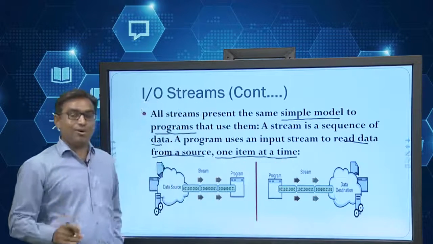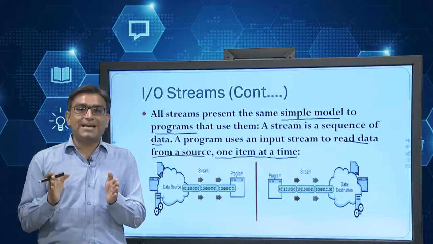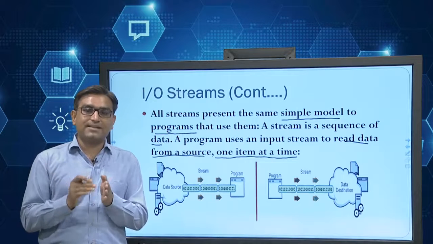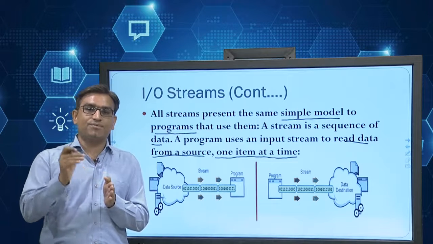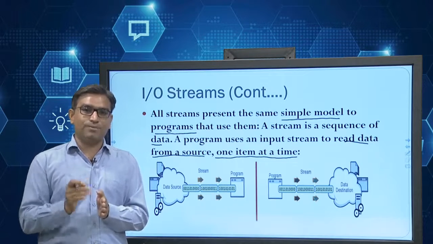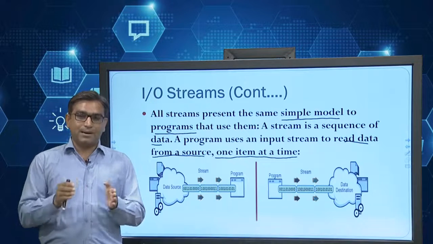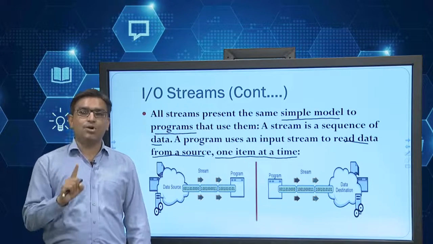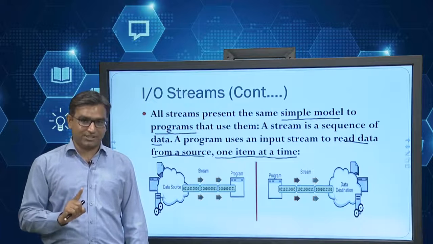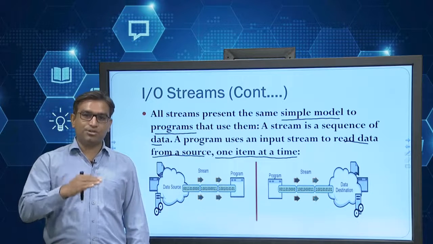Have you seen? Multiple Word files can be opened, but opening multiple files means creating multiple instances of your application, instances of your program. Based on that, multiple Word files are going to open, but at a time only one file can be operated in a single application. So that's a part of input source and output.